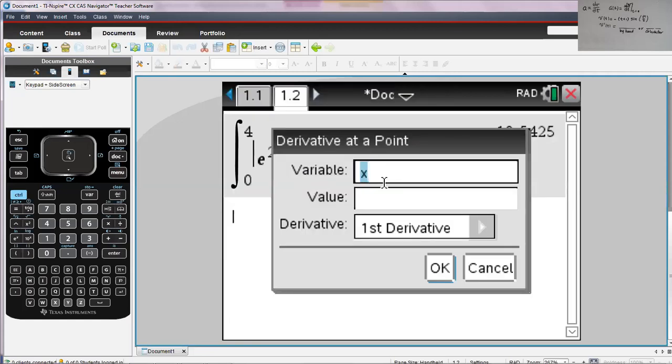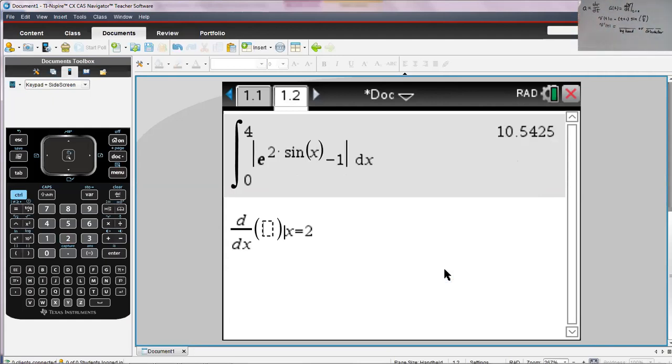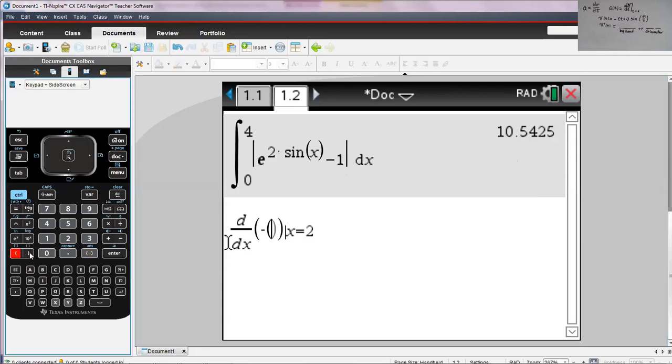This is the variable x, the value. We are going to put a 2, first derivative. And then the only thing I have to do is put a function. So I'm going to put here negative parentheses t plus 1, times